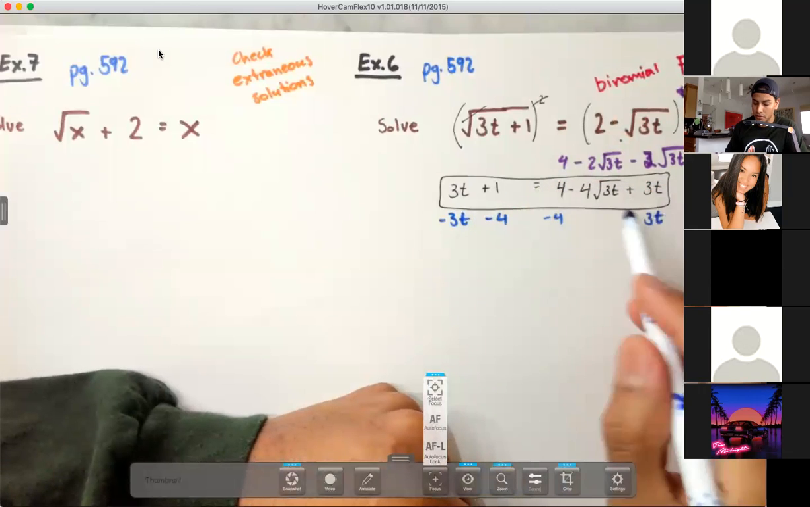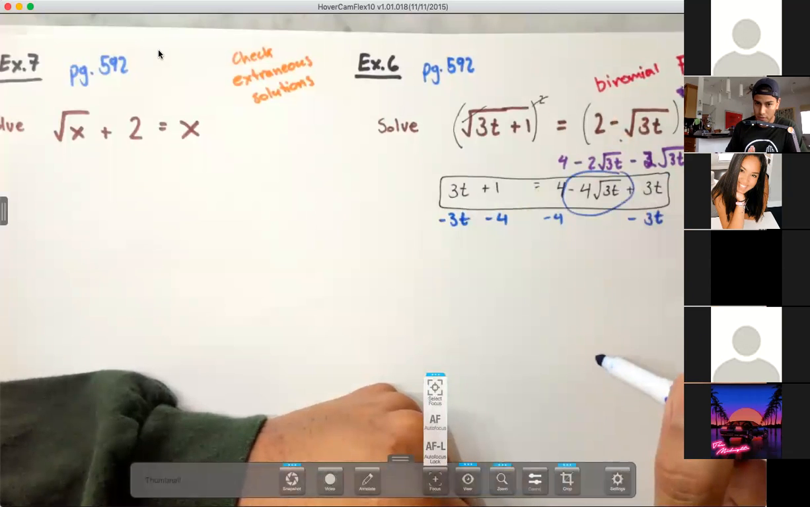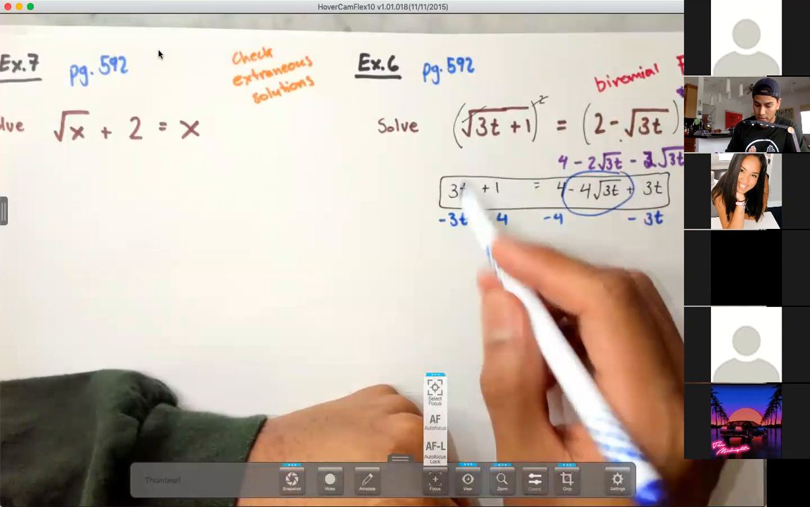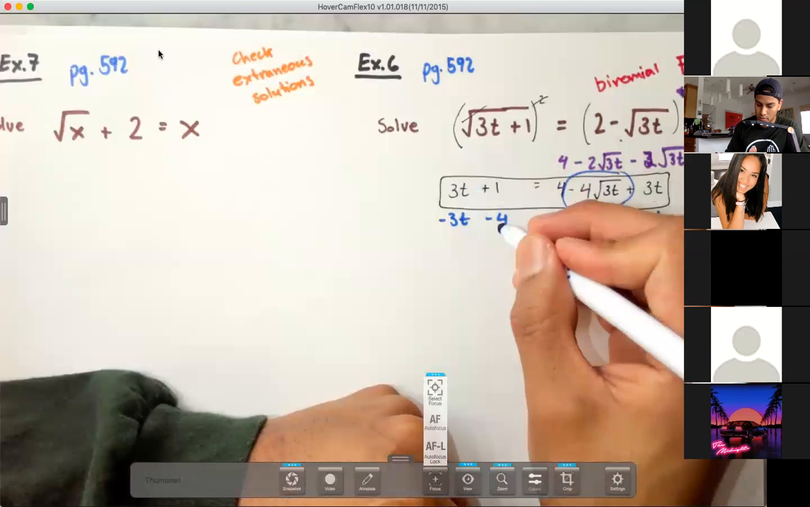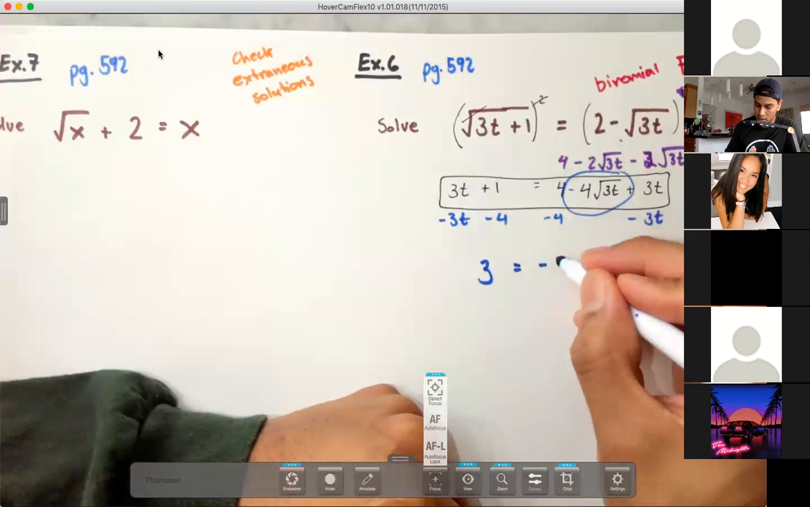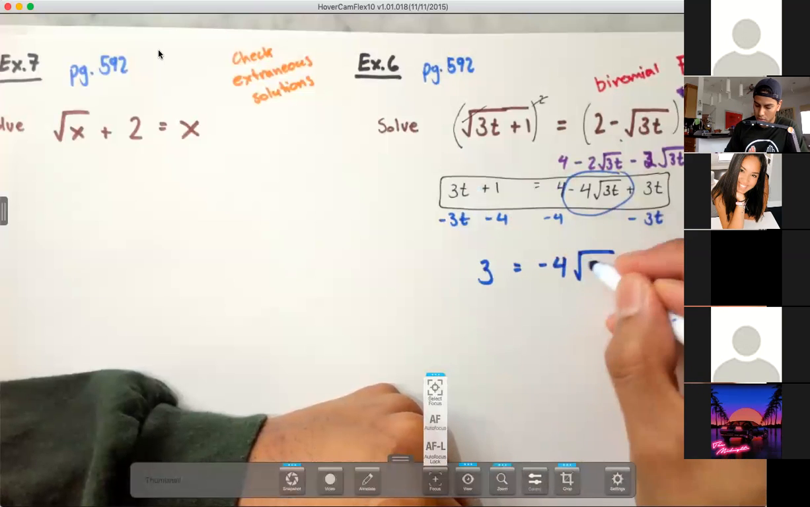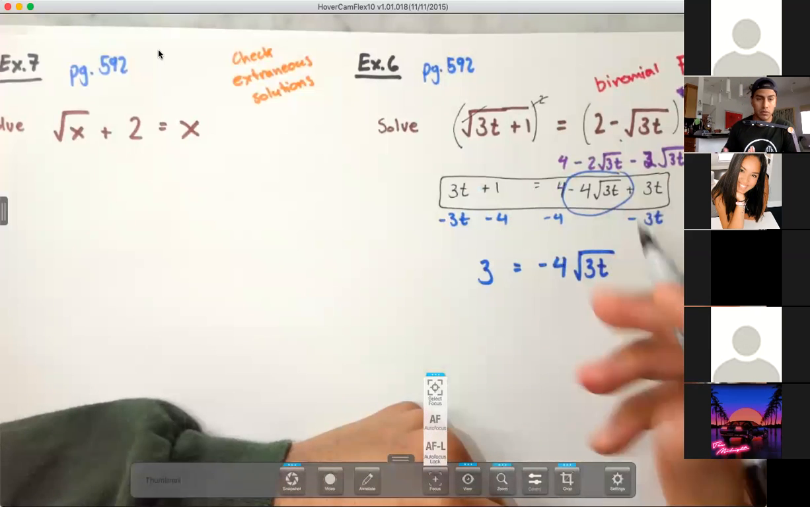All right, and when we do that, we're now gonna isolate this by itself, okay? And we're also gonna end up getting rid of this 3t here. So this is 1 minus 4, which is just gonna end up 3 equals negative 4 square root of 3t, okay? And then once we have that, now we can go ahead and raise each side to the second